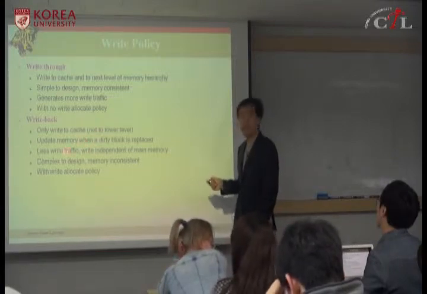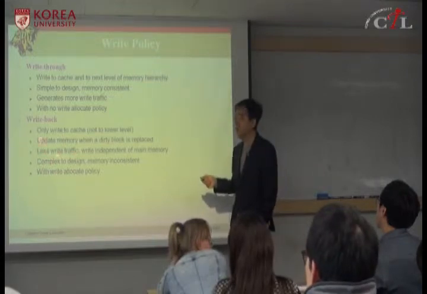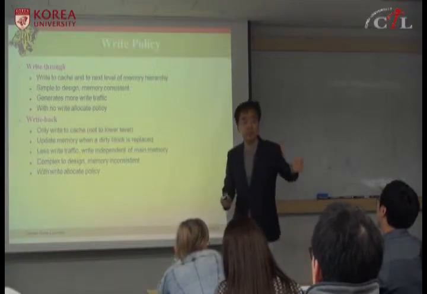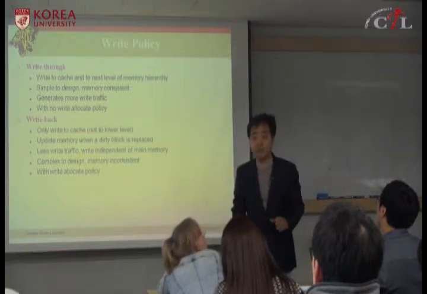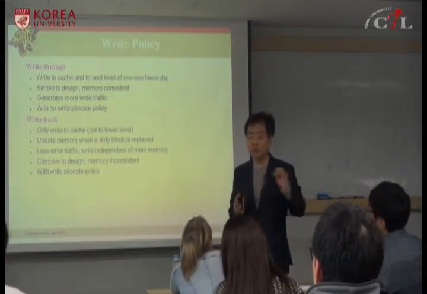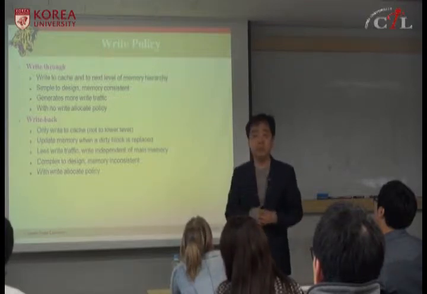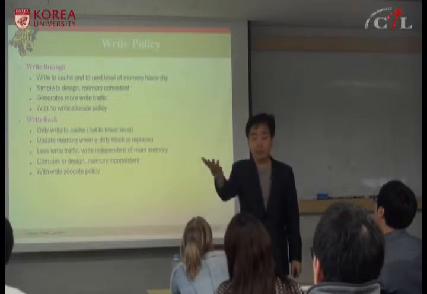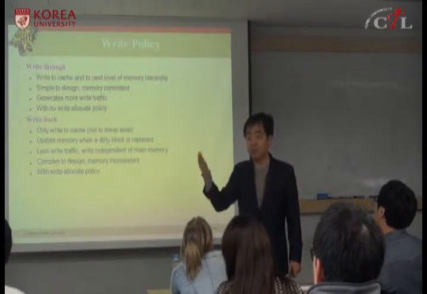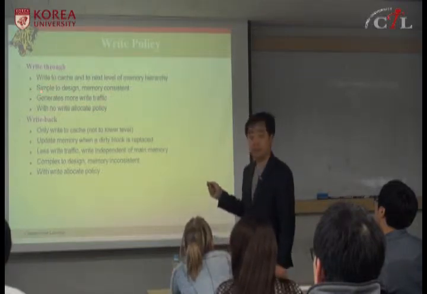And this write back cache is quite important for high performance caches because you can reduce write traffic. Write through cache is simple because whenever you write into the memory, the memories are always consistent. This is good for cache coherence. But it generates too much write traffic. Whenever you write, you have to generate traffic on the bus. Right? The bus is very, very slow. If you generate too much traffic, it will slow down the system. Okay? And this is the problem.